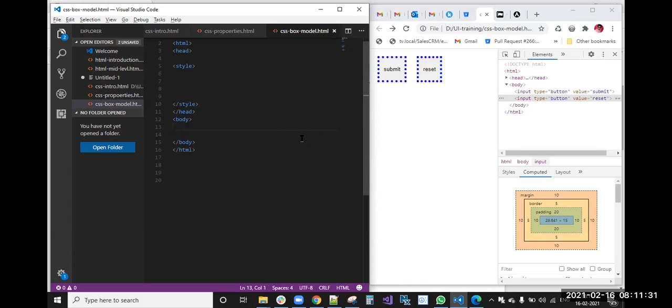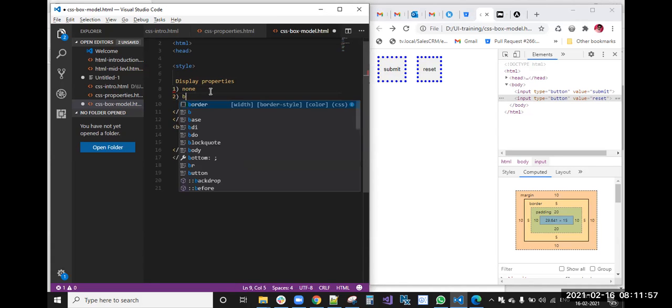So to explain the display properties, first we have four display properties. First we'll discuss display none, and second is display block.